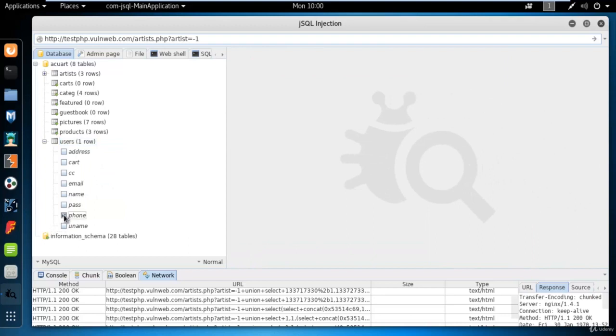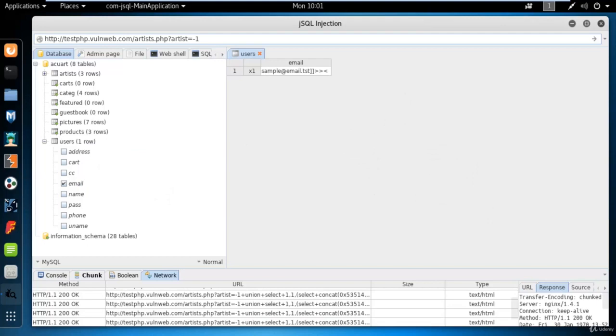For example, if you want to find information about email, right? So tick on email, right click on users, and you can click on load and wait. So you can see here the email inside this website is sample@email.txt.